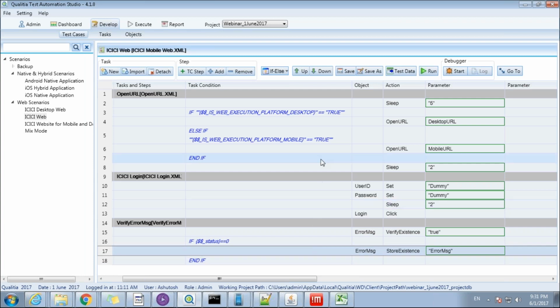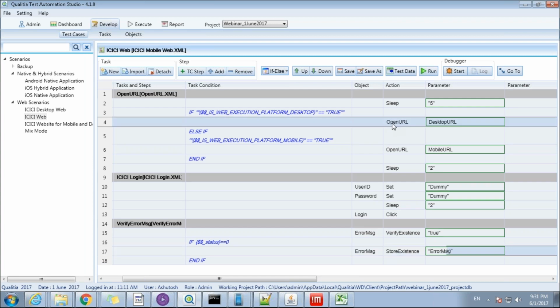Now, the important part here to understand is that the ICICI website has two different URLs, one for desktop and one for mobile web. If you access the website using your desktop browser, then the URL is different, whereas for mobile it will be a different one.